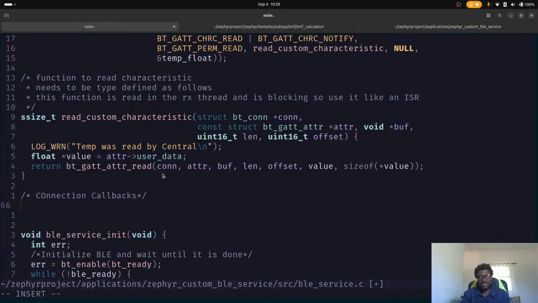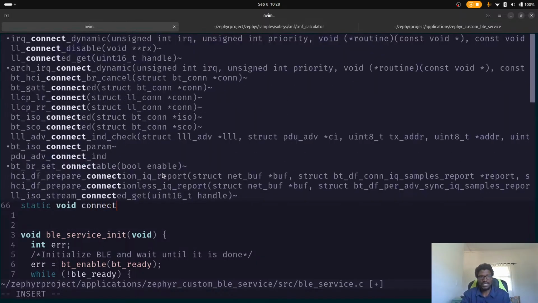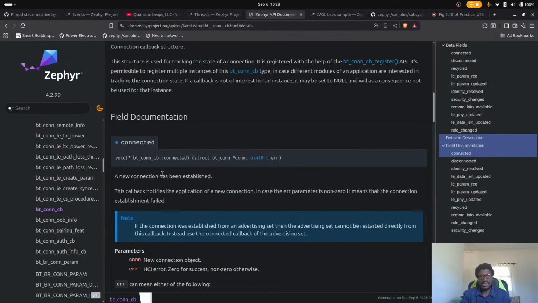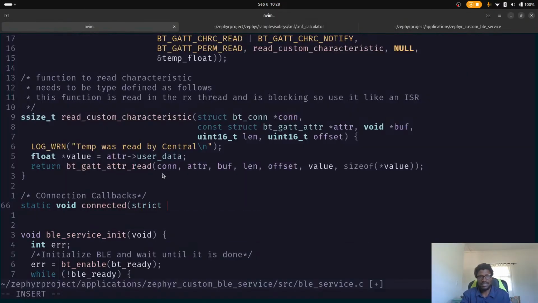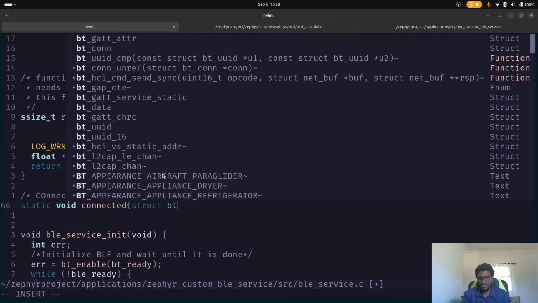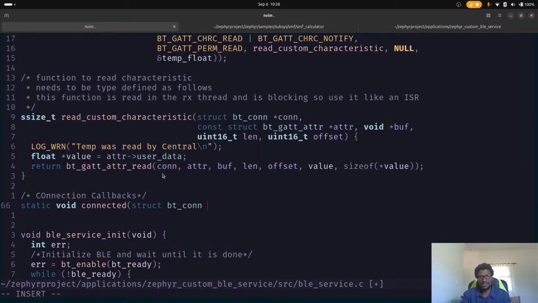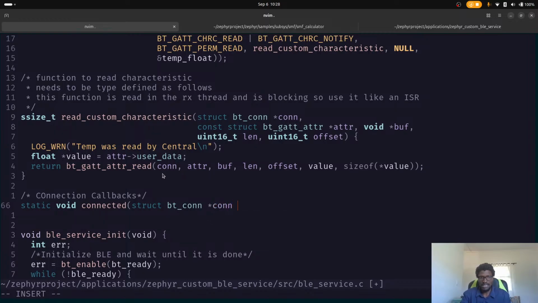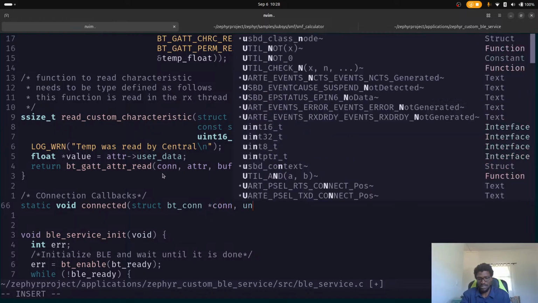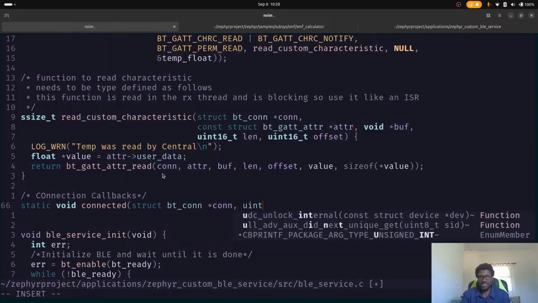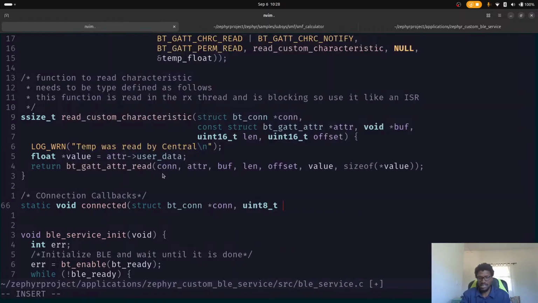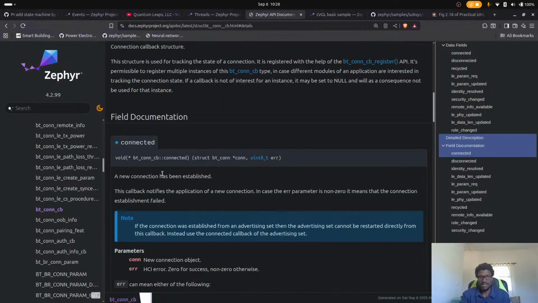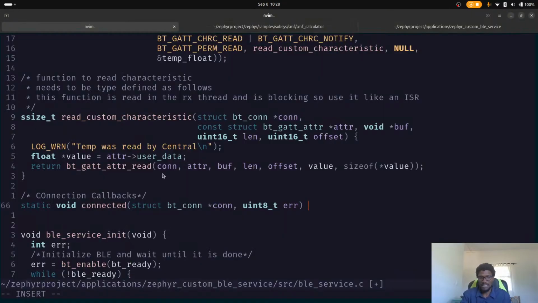So let's do a static void connected, and it takes a struct bt_conn, that is a pointer to a conn, and then it takes a uint8_t error. Isn't that the case? Yeah. Takes that, and then